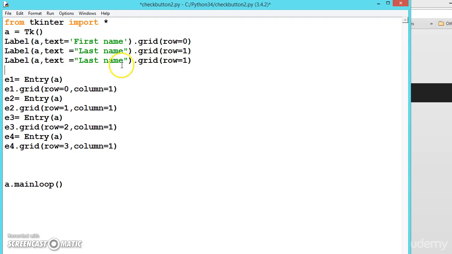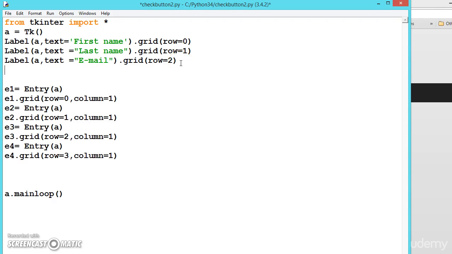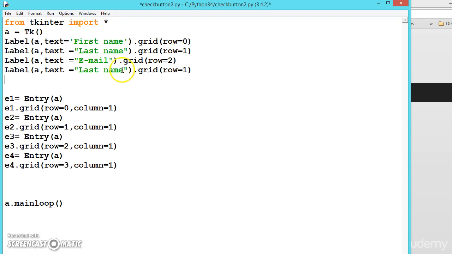This one, last name. Let us create, say, asking the user for the email, 2. Same thing, and let us say ask country, 3.